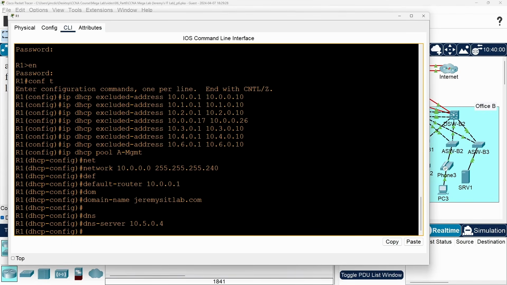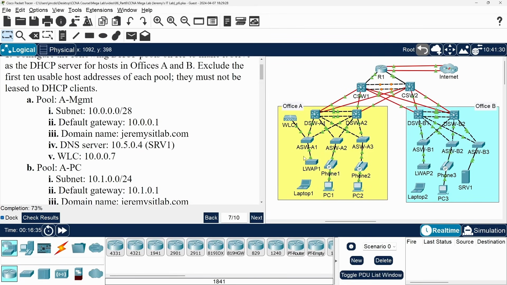Actually, take another look at the network. In Office A, when LWAP1 sends a broadcast message to identify any WLCs in the network, WLC1 will receive that broadcast and respond. So we technically don't need to specify the WLC address in this DHCP pool. However, for Office B's management DHCP pool, it is necessary. When LWAP2 sends a broadcast message, it won't reach WLC1. So we should specify WLC1's IP address in the DHCP pool, so LWAP2 can send a unicast message directly to WLC1 to connect. However, the lab instructions say to configure the WLC address for this pool, so let's go back